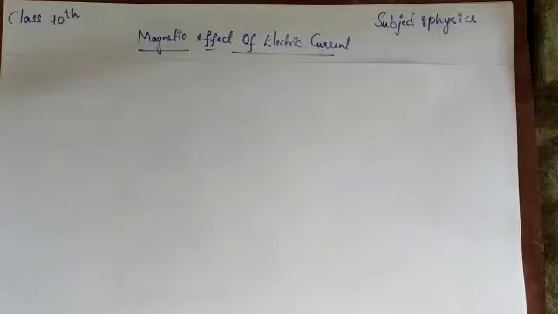Normally, a magnetic compass shows deflection only when a magnetic material like iron comes near it. But when electricity was passed, or when the electricity changed direction from positive to negative, the magnetic needle showed deflection. So he concluded that there is a relation between the magnetic field and the electric current. In detail, we will study this with an experiment.